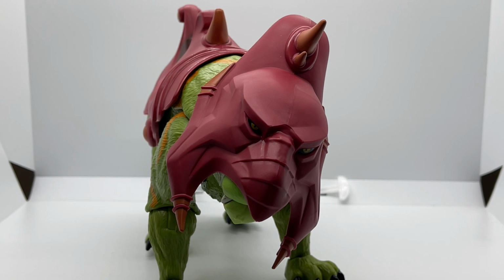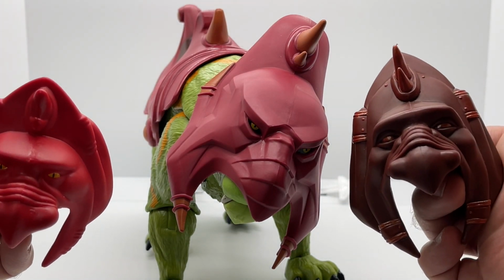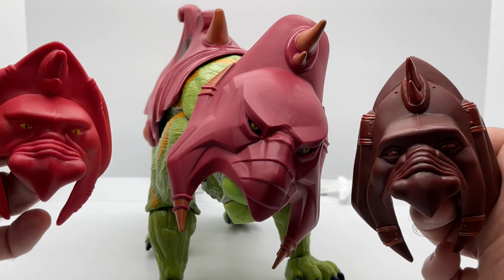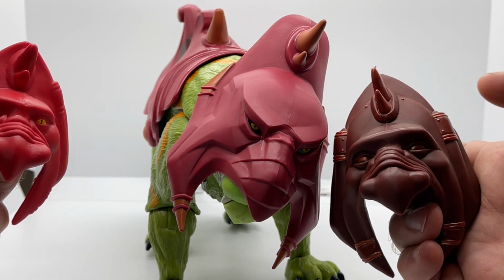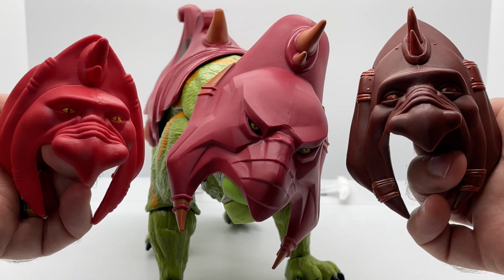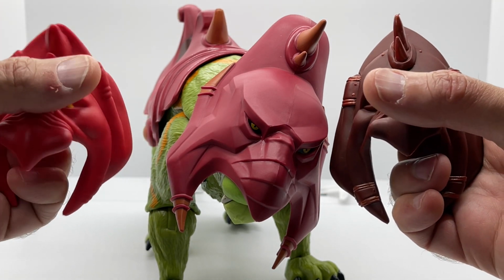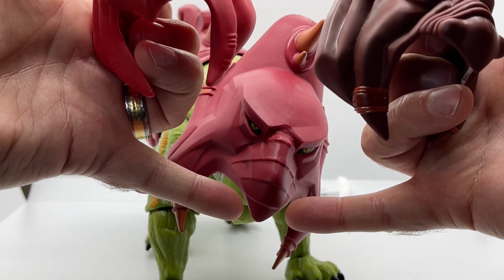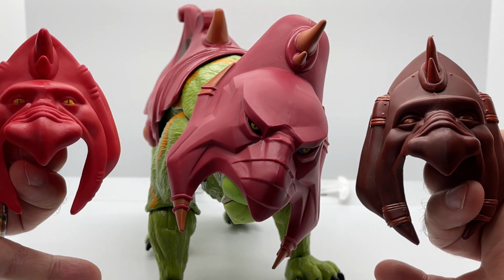Now I wanted to bring in a couple different versions of Battle Cat's head armor just so you can see the differences here. So like I said before, a lot of the old armor on the Masters of the Universe Classics version, and here's the Masters of the Universe Origins figure, the nose is very broad, and they really changed the design here by making this super angular, and I love that